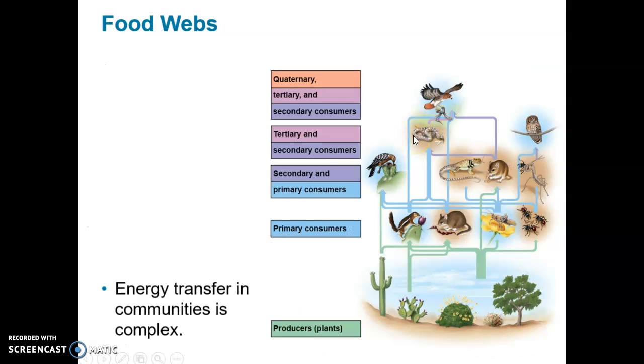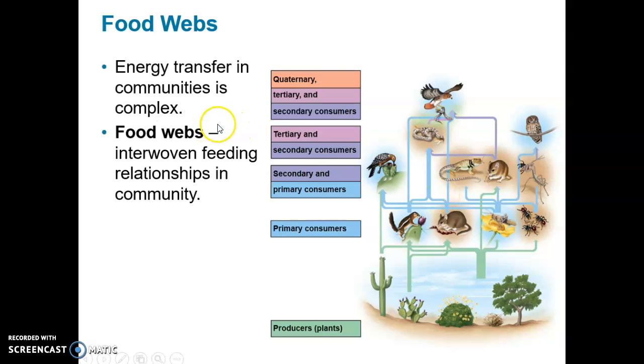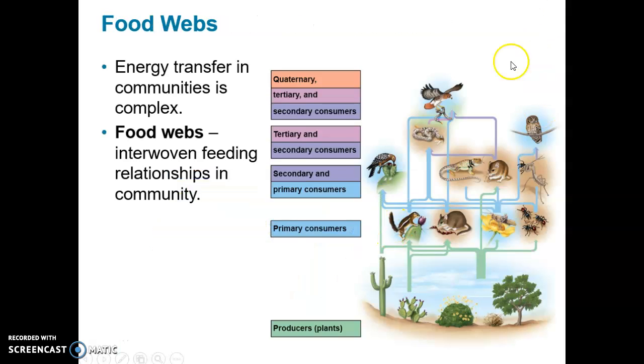A food web is much more realistic, where you still have producers and primary consumers and secondary, tertiary, and quaternary consumers, but the multiple lines indicate the multiple interactions and transfer of energy between producers and the different levels of the consumers. Basically, who's eating who and the energy transfer that occurs because of that. So food webs are interwoven feeding relationships in a community. So again, this is much more realistic